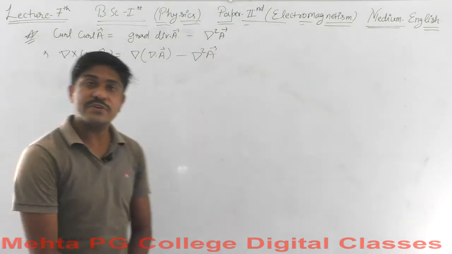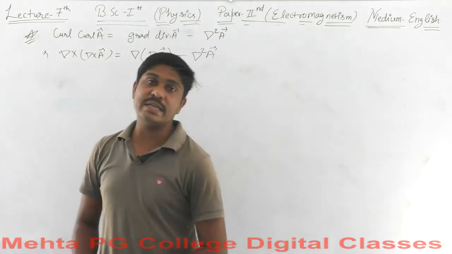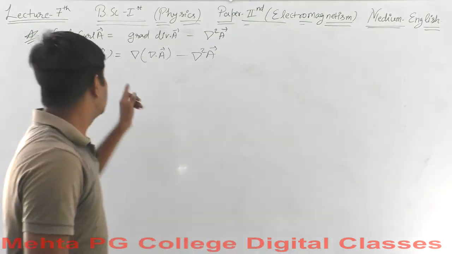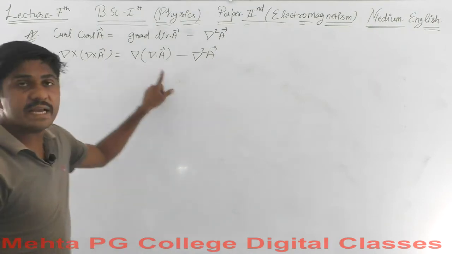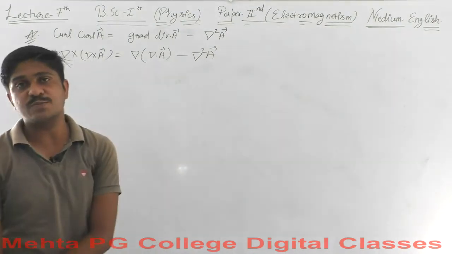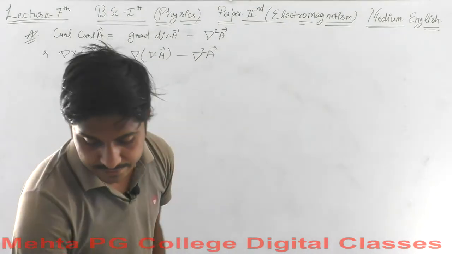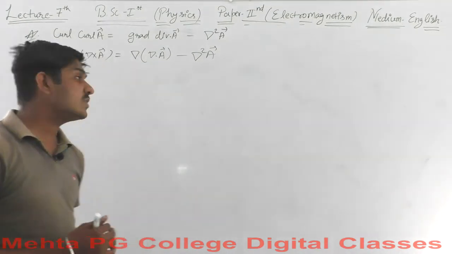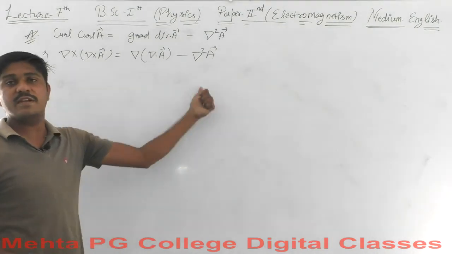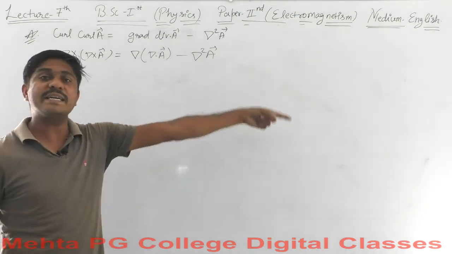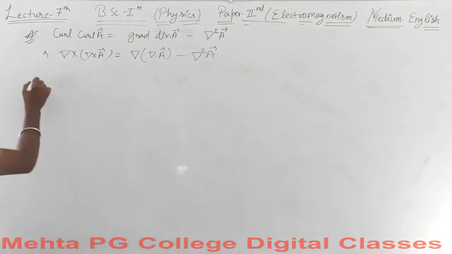So this is what we are going to prove, and this you can consider as the vector identity A cross B cross C is equal to B (A dot C) minus C (A dot B). Okay, let's find out if this quantity will approach this. We will take an example of this quantity and then proceed step by step. So let's start.